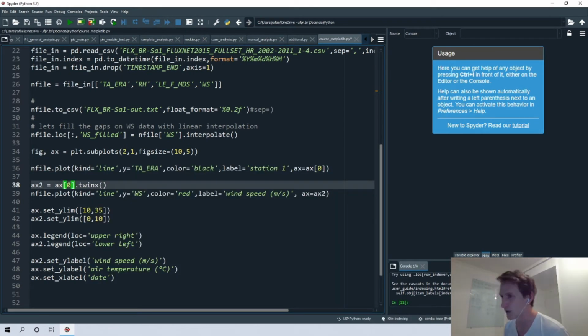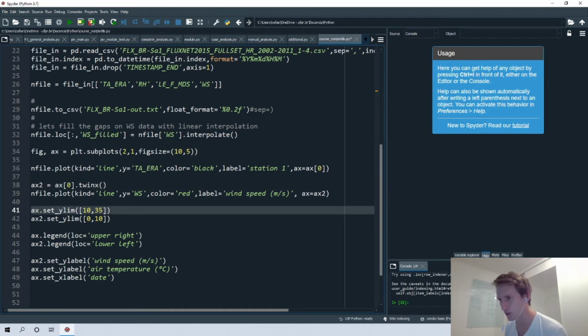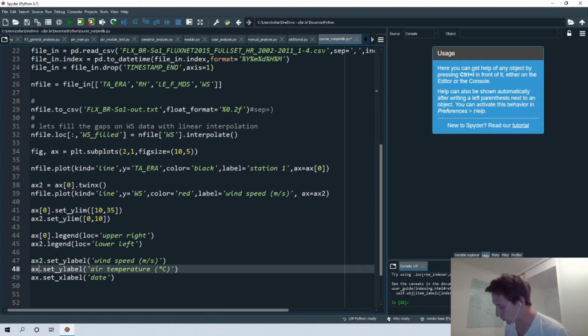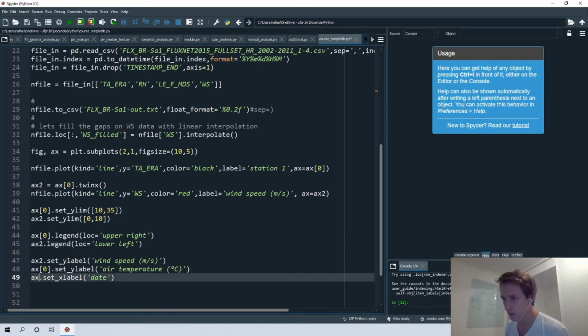For example, here x2 you don't need to change because it's already part of this x0, okay? But you must change that one. We must change the legend, we must change the y label, and we must change the x label function.